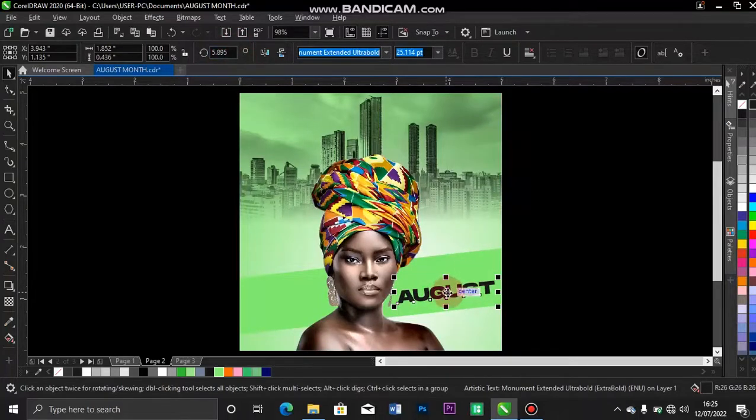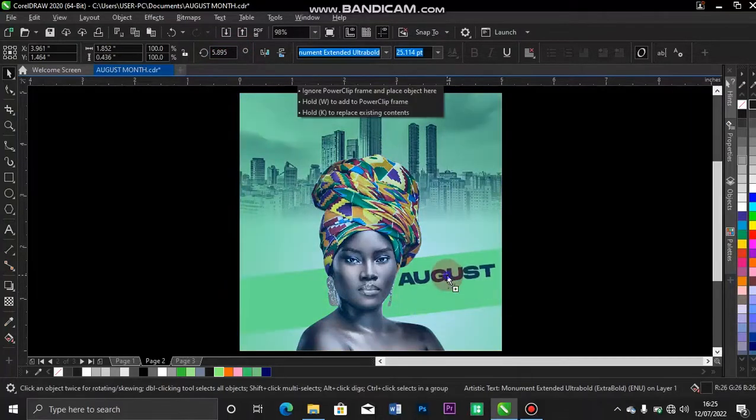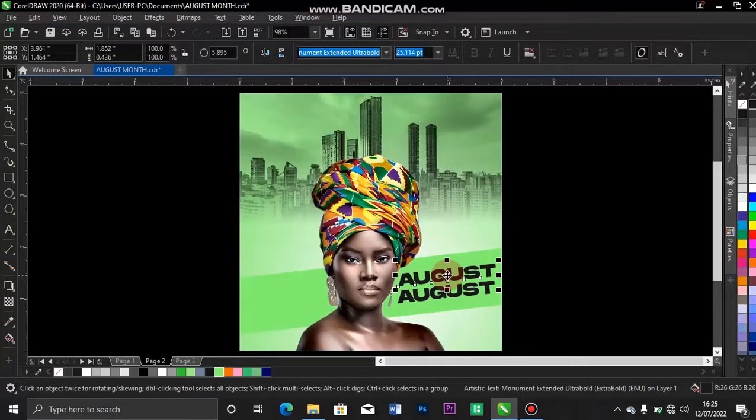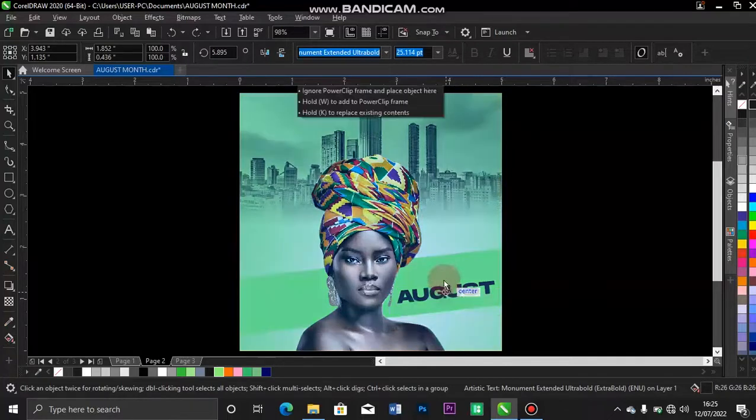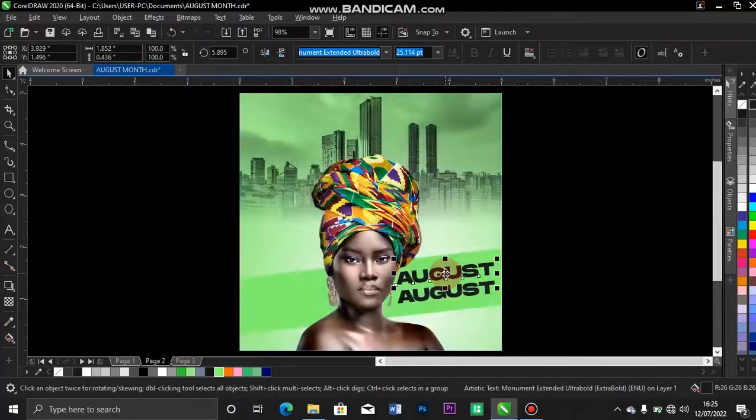5.895. So for this, I can just duplicate it. How did I duplicate it? I press my Shift down, I press my left cursor down and drag it up using my cursor. Then I right click to drop it there. So for this, I can just Ctrl A and say welcome. Welcome. I want it to be in small letters like this. I can just